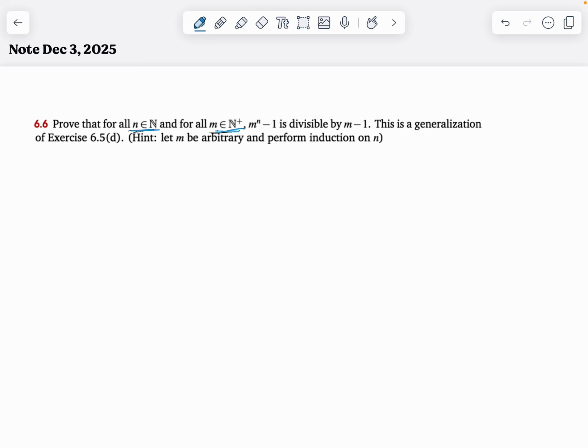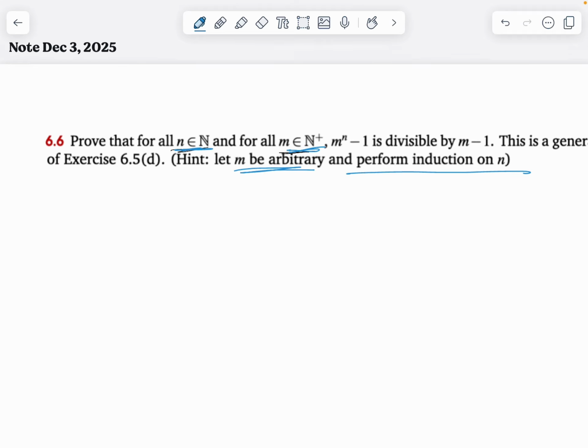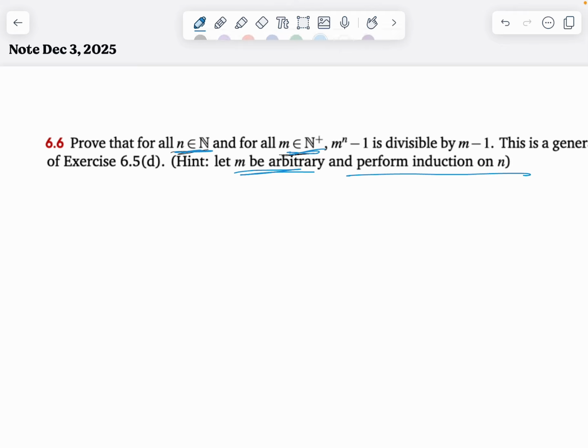So the hint here is to fix m as arbitrary and perform induction on n, and this is a great strategy because we're trying to prove something for all n, which is exactly the type of scenario in which we would like to use induction. So let's try and set this up more formally. First, knowing that we have to do a proof by induction,